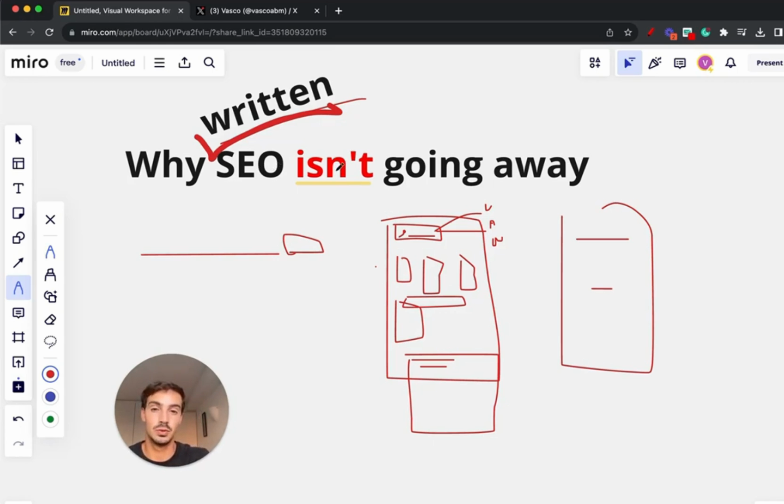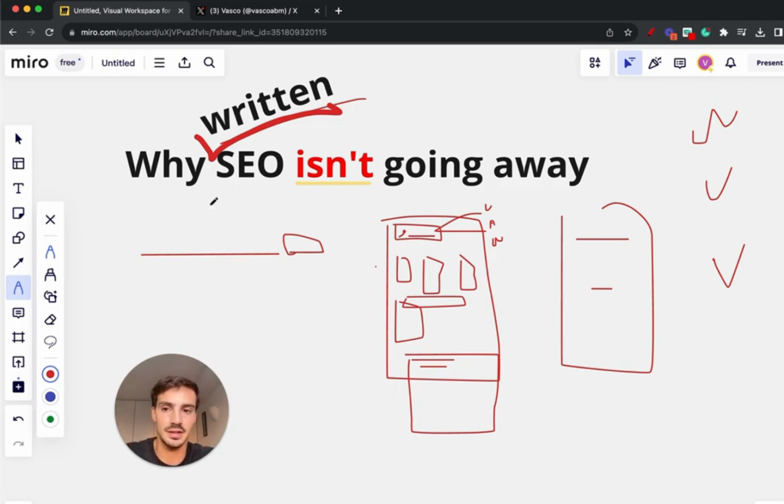Now, should you be focusing on written SEO and maybe some video SEO or maybe some voice search SEO? Yes, you've got to diversify, because people nowadays don't just read newspapers. They don't just read content, they consume it. They consume video, audio, all this. So you've got to be everywhere. And I've got a video solely about this, about why you should be tackling every search engine, not just Google and Bing, the traditional ones, but also these social search engines.